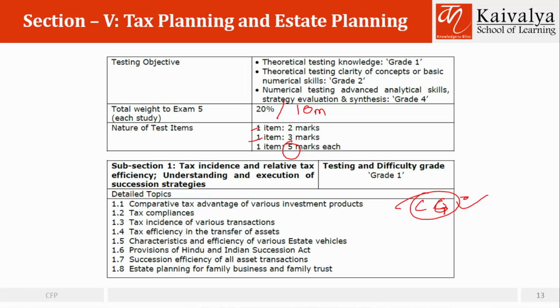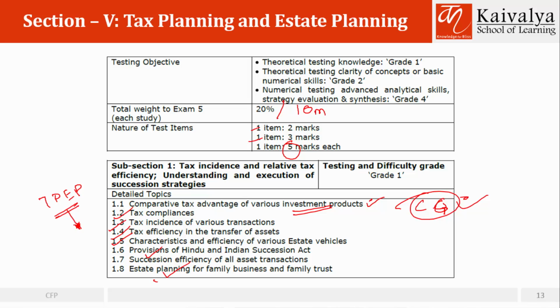Tax incidence and relative tax efficiency, understanding and execution of succession strategies, comparative tax advantage of various investment products. It was there because while studying TPP, you must have seen that the maximum weight given was to understand taxation of different investment products. Then tax compliances, tax incidence, tax efficiency, characteristics and efficiency of various estate vehicles, provisions of the Hindu Succession and Indian Succession Act,